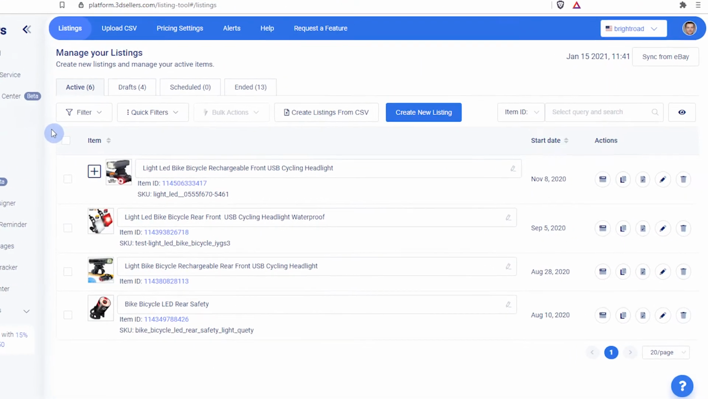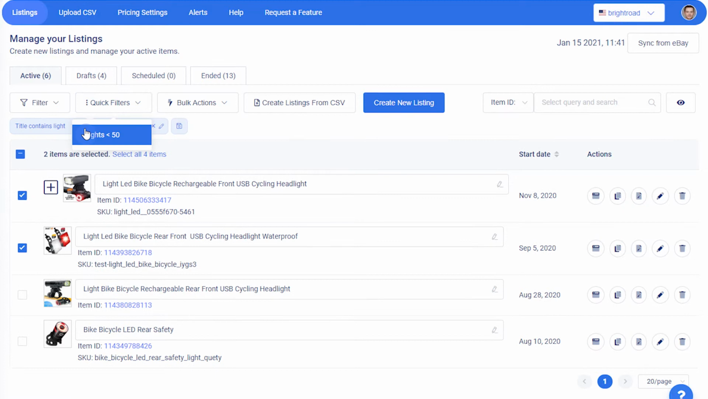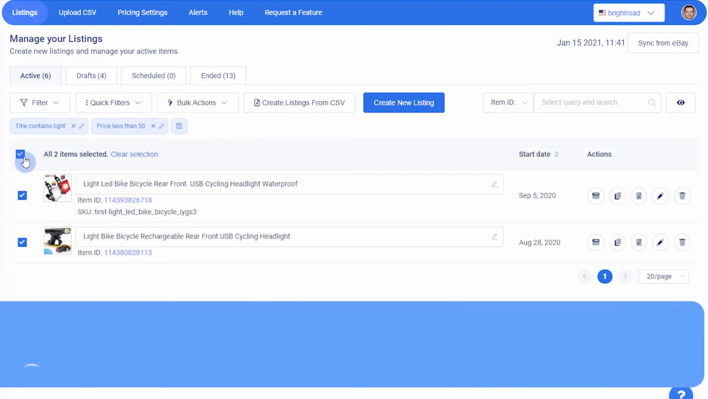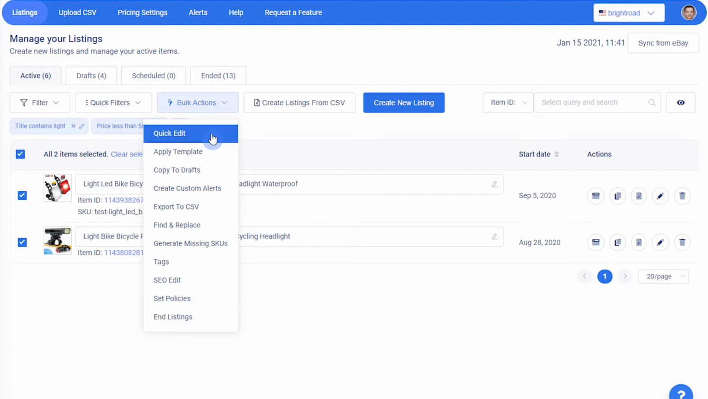To edit multiple items, select the items you wish to edit with the checkboxes on the left of each item. You can also apply filters and select all listings with the top left checkbox. After selecting listings to edit, you can make common edits to listings with the Quick Edit option in the Bulk